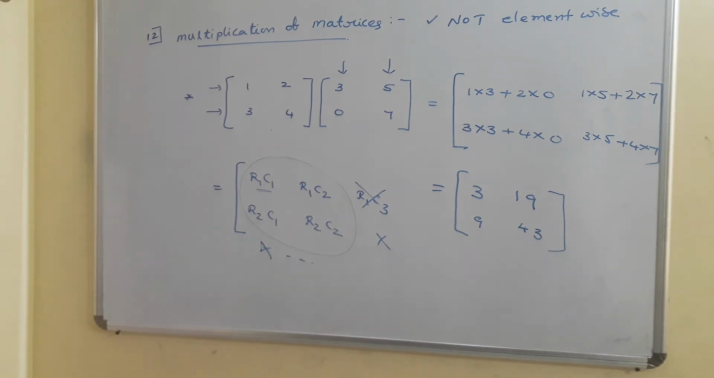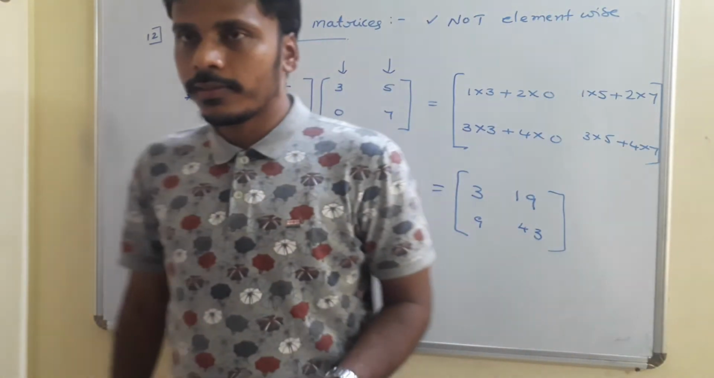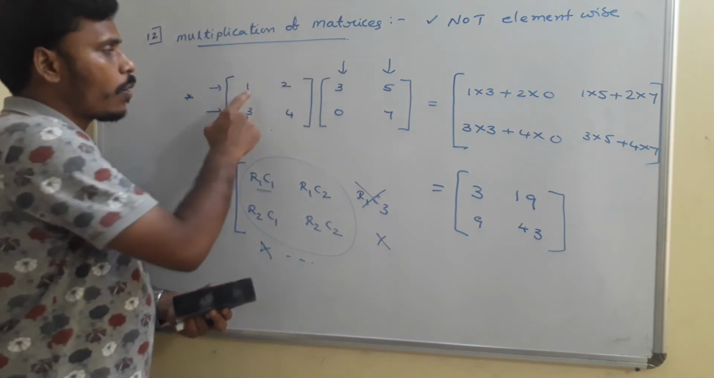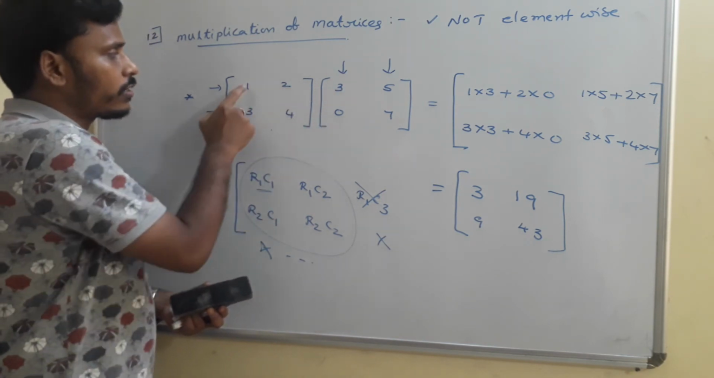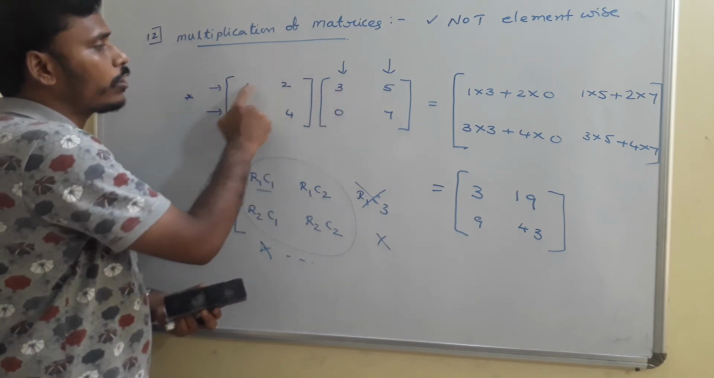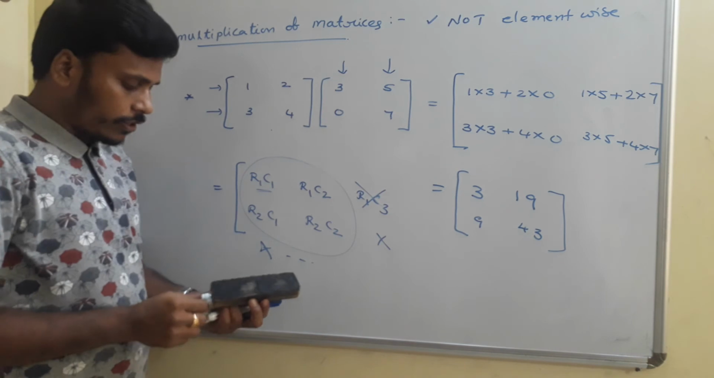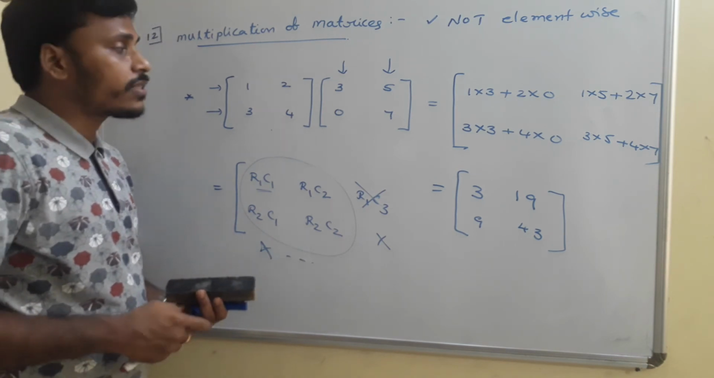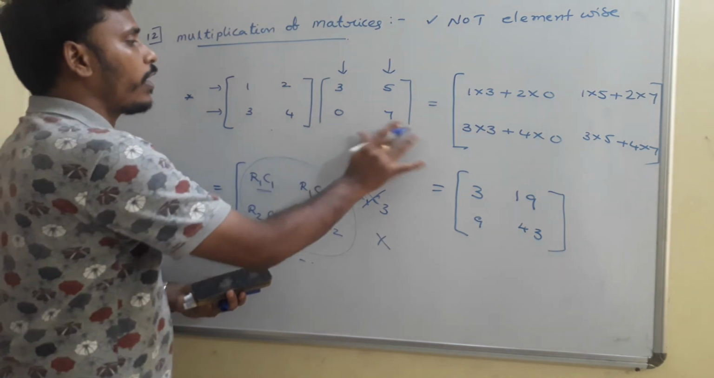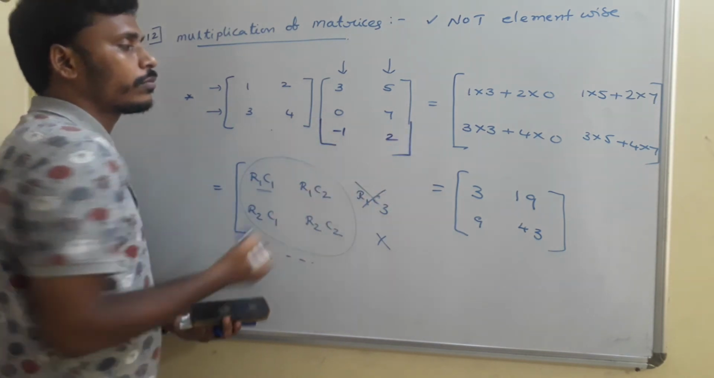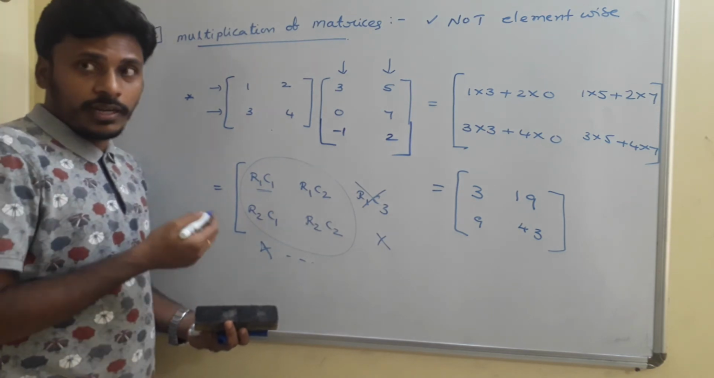And while going with the multiplication, one more thing you need to memorize is, see, 1 into 3, 2 into 0. That in the sense, there are two columns here and two rows here, so the multiplication is possible. Or suppose if I have one more row in the second matrix, like this. For example, if I have one more thing here, like minus 1 and 2, then is there any possibility to